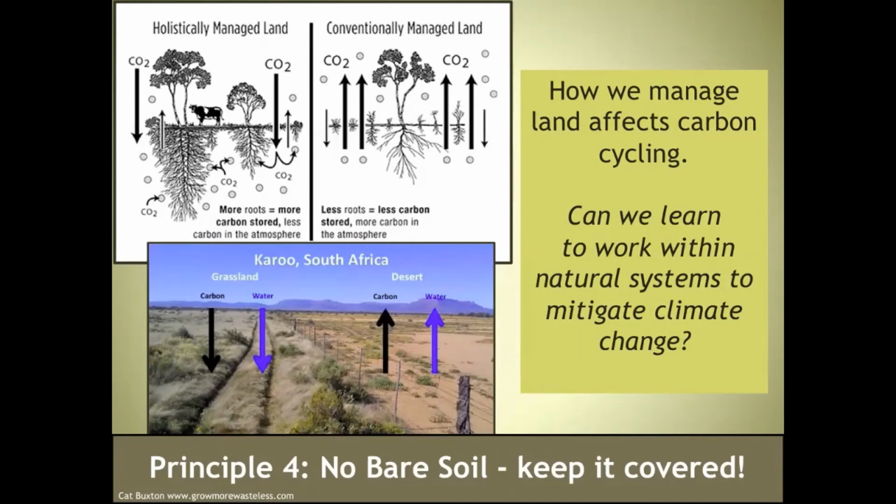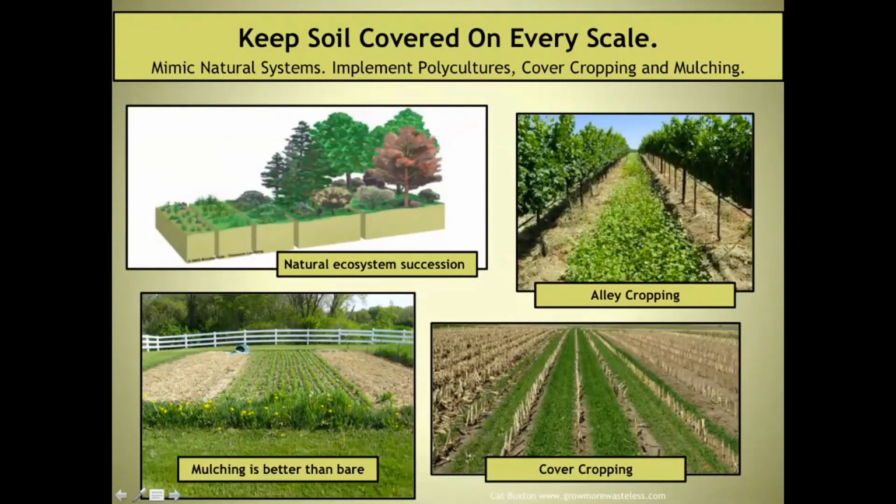Since we as a human race have taken away most of the predators, we're now finding that if we can use the ruminants that we manage as humans and replace the predators with fences, we can get a lot of the same effect on landscapes. And this regeneration took about a decade, I believe, to change, and now it's holding steady like the left side of the fence. This is something that we can do everywhere. Keeping soil covered on every scale is really important. So again, this is the second principle, or the third principle: no bare soil, keep soil covered,